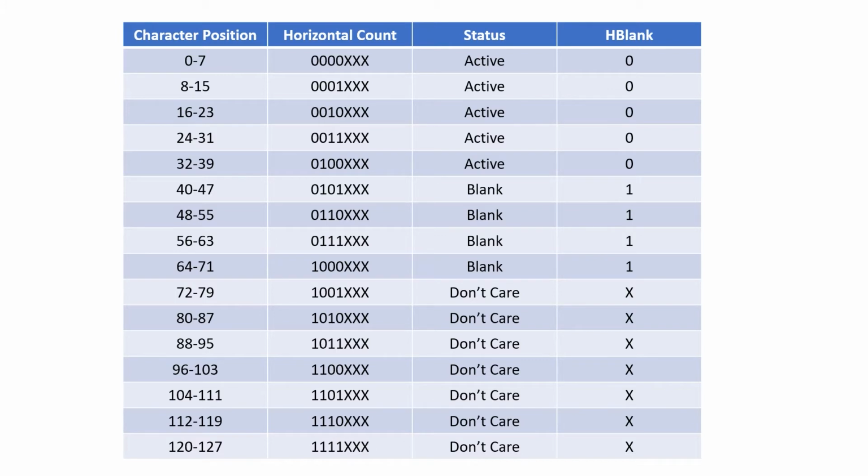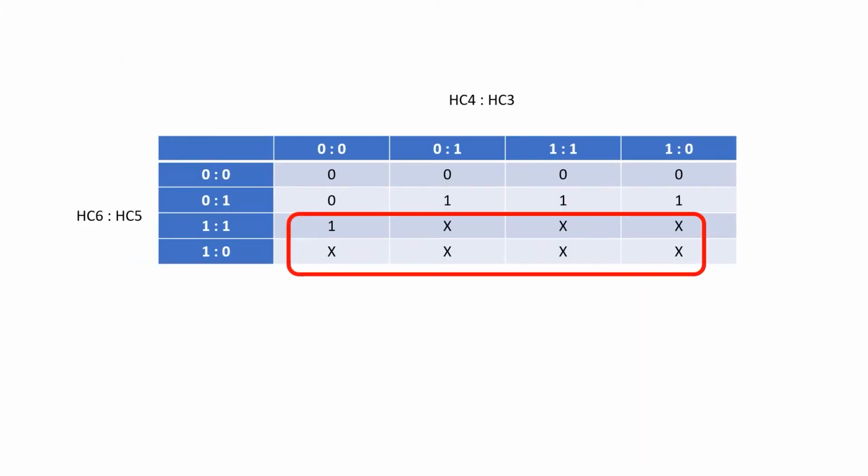Through characters 0 through 39, I want the horizontal blank signal to be low. Then from 40 to 64, I want it to be high. Above that, I don't really care, because our beam should never get there. So I'm going to choose this set of 3 boxes to cover all the 1s and exclude all of the 0s. Notice how I had to use the purple and the green box to get those 3 1s in a row. And that's because the boxes can only contain 1, 2, 4, or 8 squares in this case.